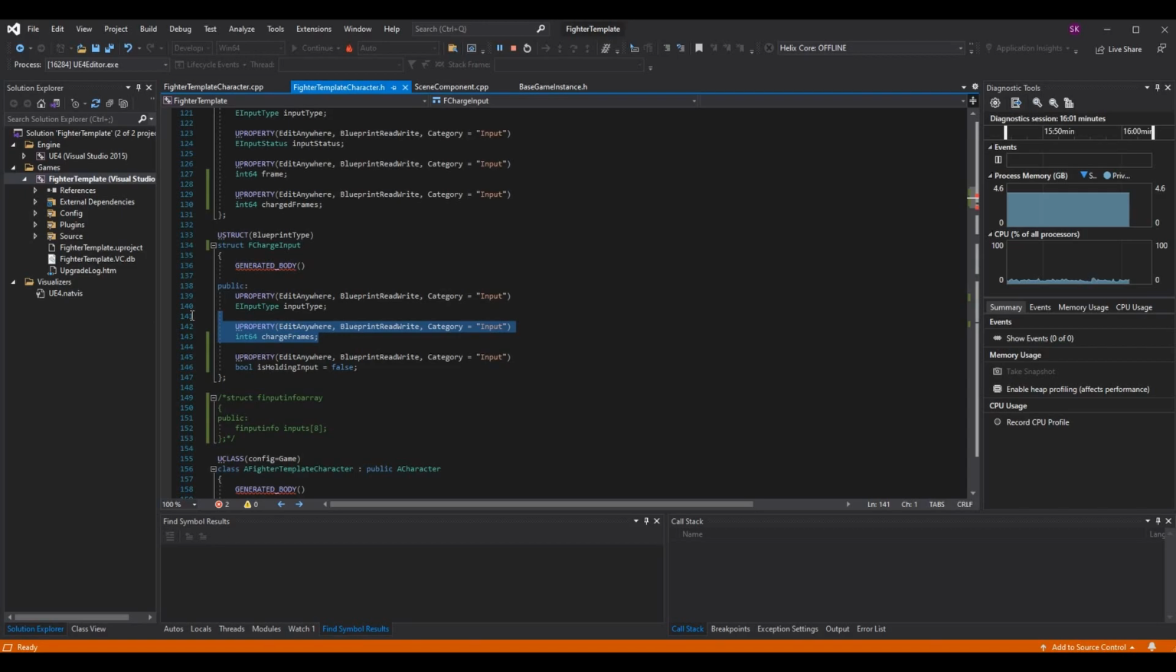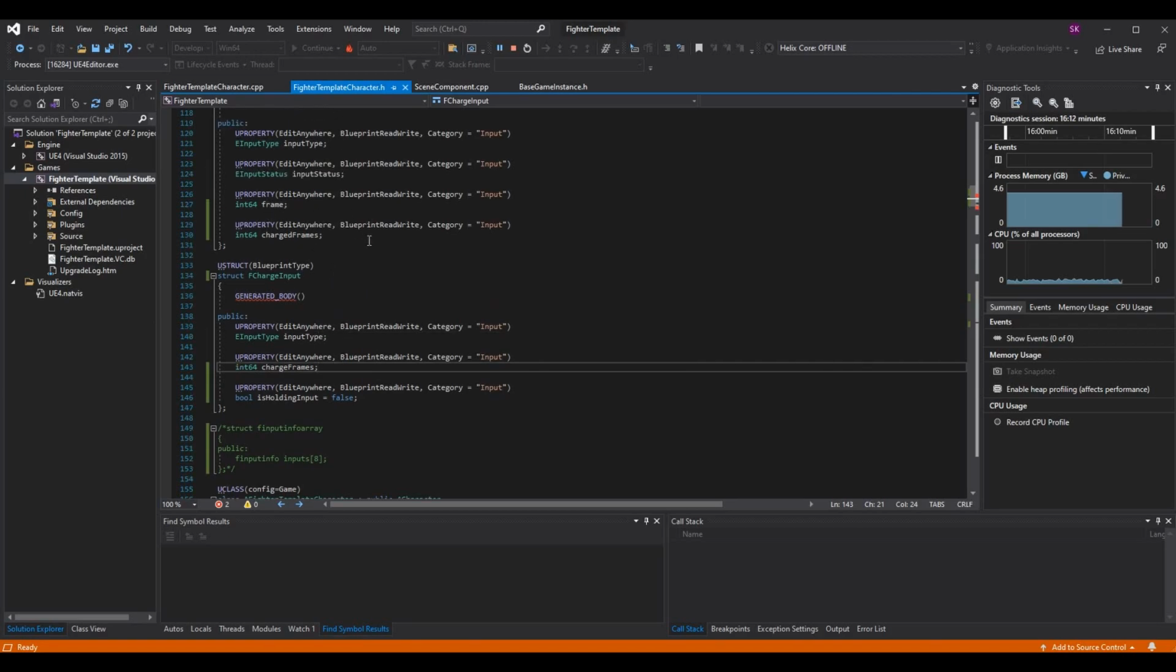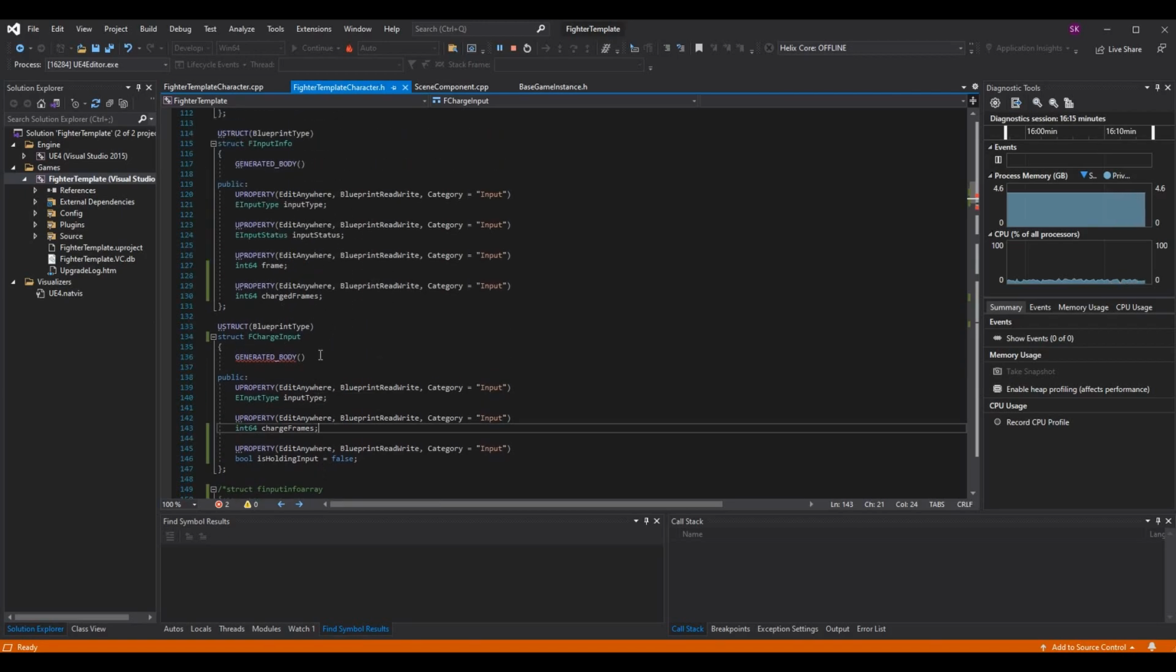Then I have this U property, ChargeFrames is what I call it. Doesn't really matter what you call it. Just know this is how many frames this input is currently charged. So you're probably asking, why are you doing it here and here? So here's the difference. F input info has a charged frames integer because the F input info structure is what gets added to the input buffer. And so we want to have the number of frames that an input has been charged so we can check against it when we're using a command or any sort of attack that requires a specific number of frames charged